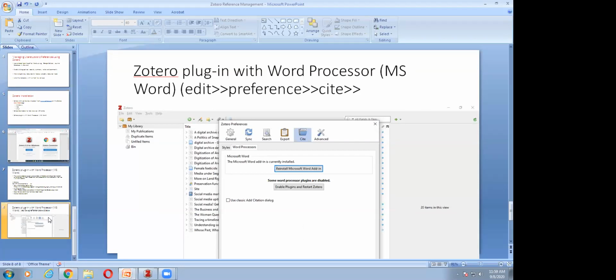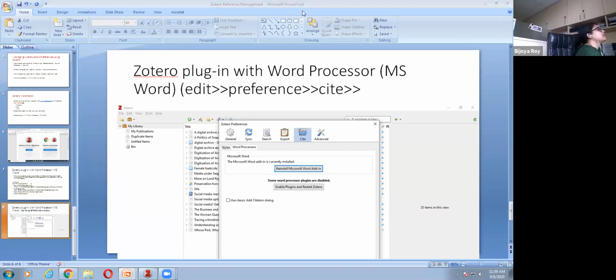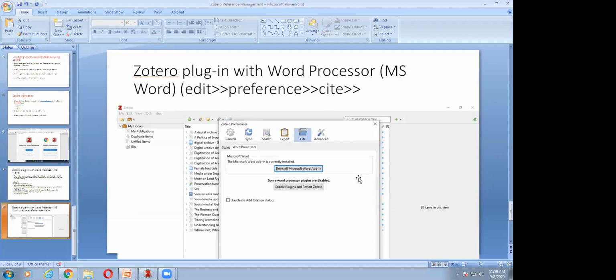In Zotero, there is an option called Edit, and if you click on Edit, then the option called Preferences, and here click on the word processor. These are the steps: go to Edit in Zotero, then click on Preferences, then click on Cite, and then click on word processor.